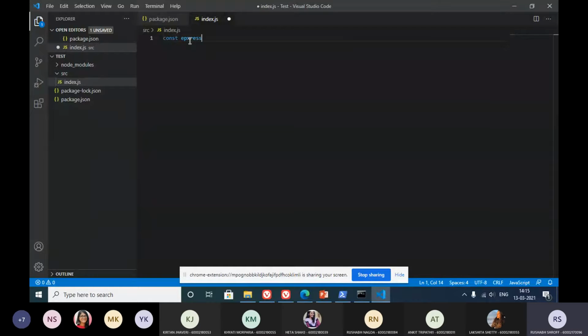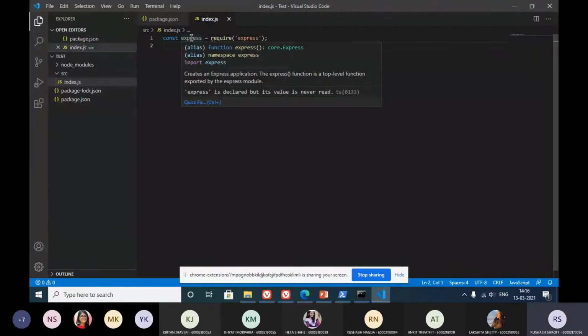So we'll type const express equals require express. Now we've imported the express module into our project.